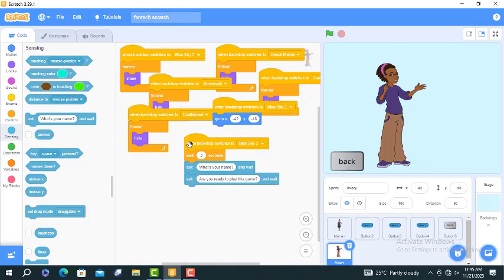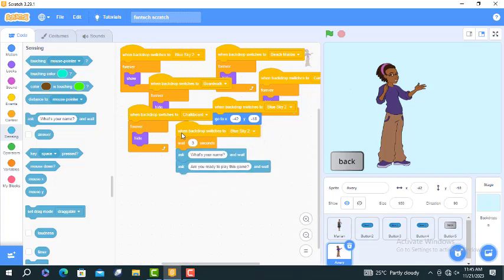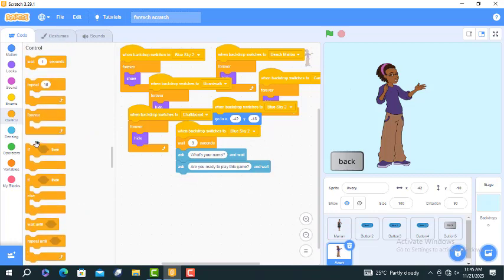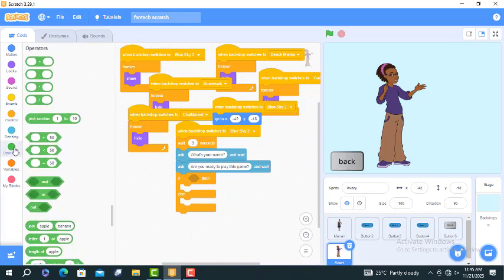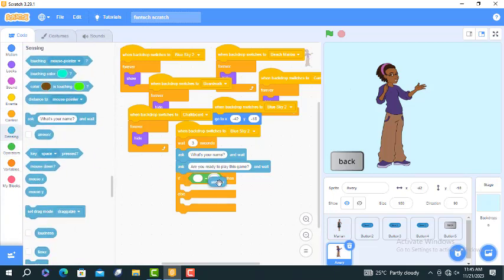Now from here, that's where the work begins. We're going to use the if then else statement. We borrow our operators, sorry, check this here, come to our sensing, pick answer. If answer is yes,